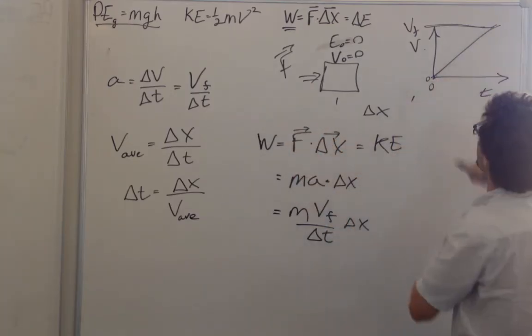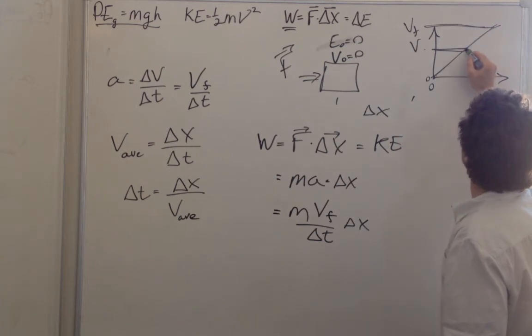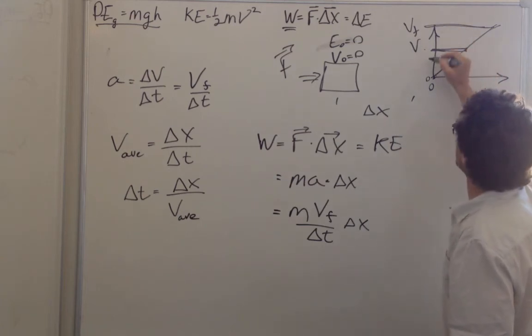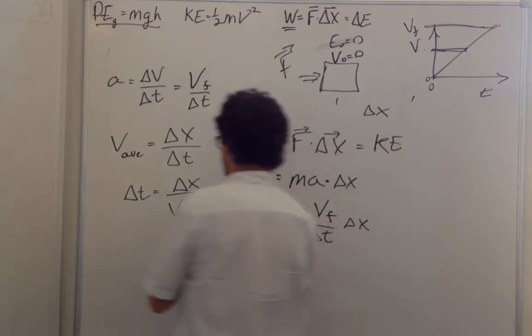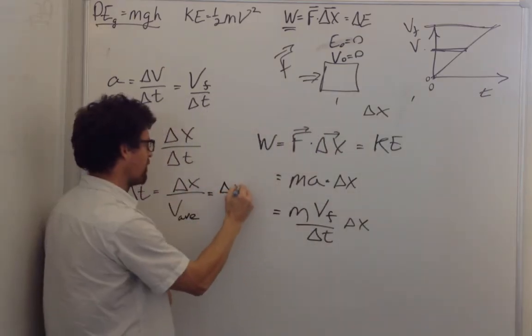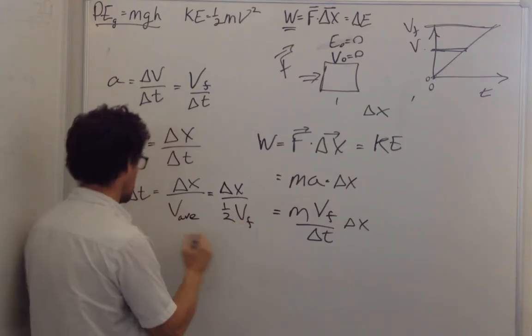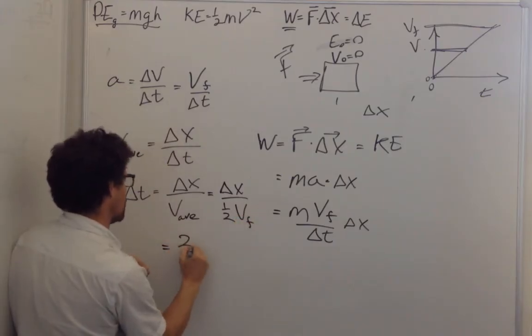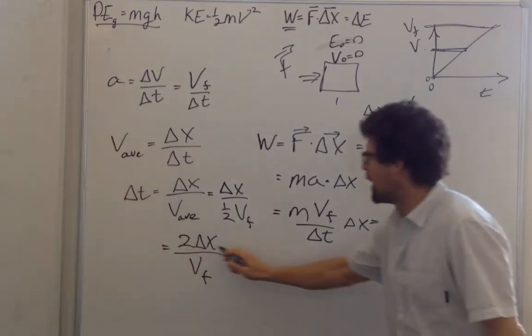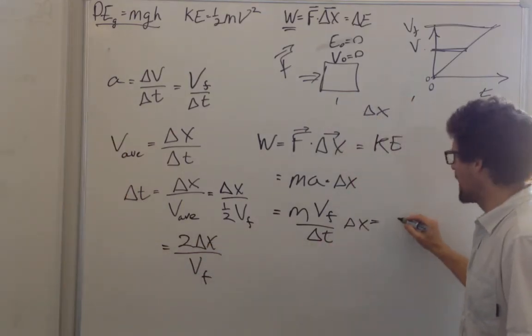This is a straight line. So the average velocity must be equal to 1/2 the final velocity. And I can put this in. The average velocity is equal to 1/2 the final velocity. And so delta t is 2 delta x over final velocity. And I substitute this into delta t, and I have